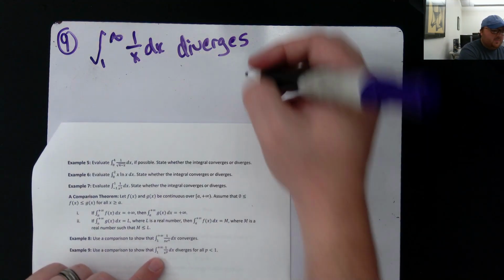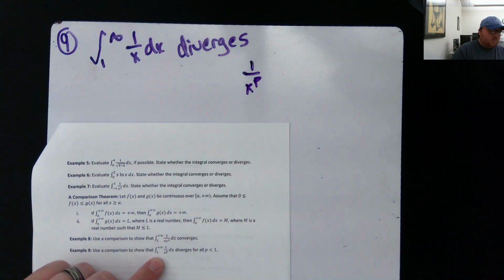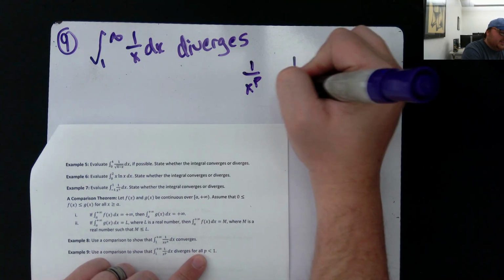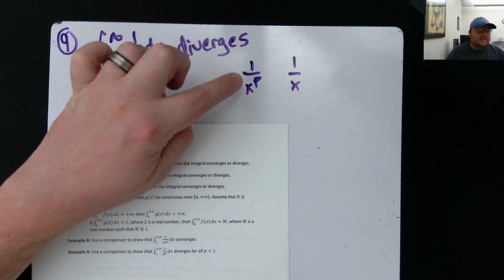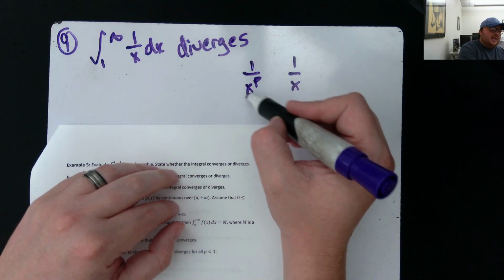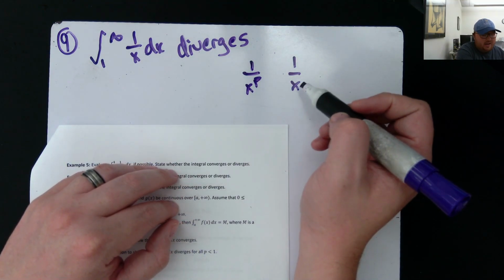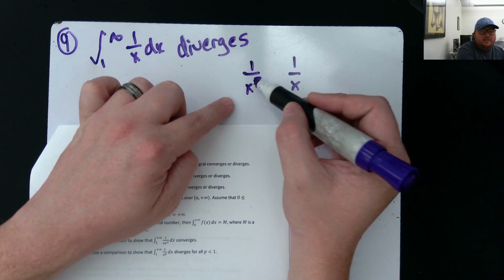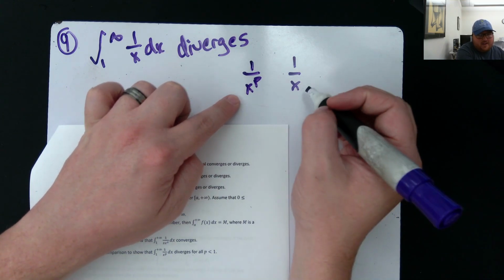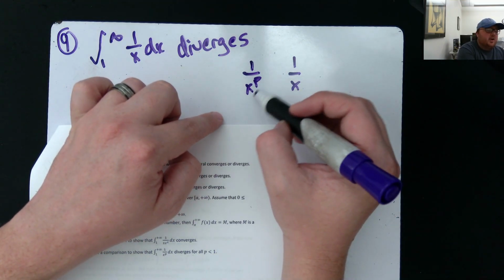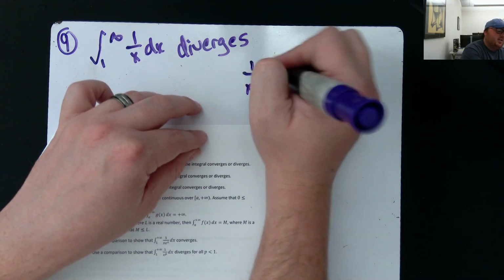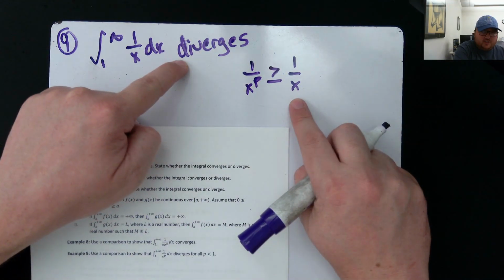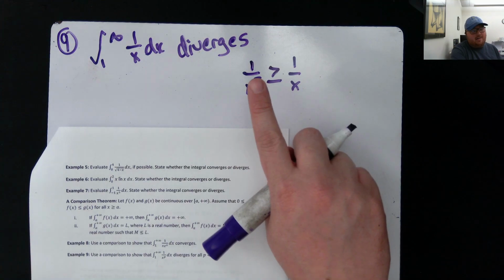So if I look at 1 over x to the p for a p less than 1, right? How does that compare to 1 over x? Well, if my power is less than 1, x to the p is going to be smaller than x. So think about it like x to the 1/2, right? That's the square root of x, which is smaller than x, right? So since the denominator is smaller, the whole fraction is greater. And since the smaller one diverges, the larger one must also